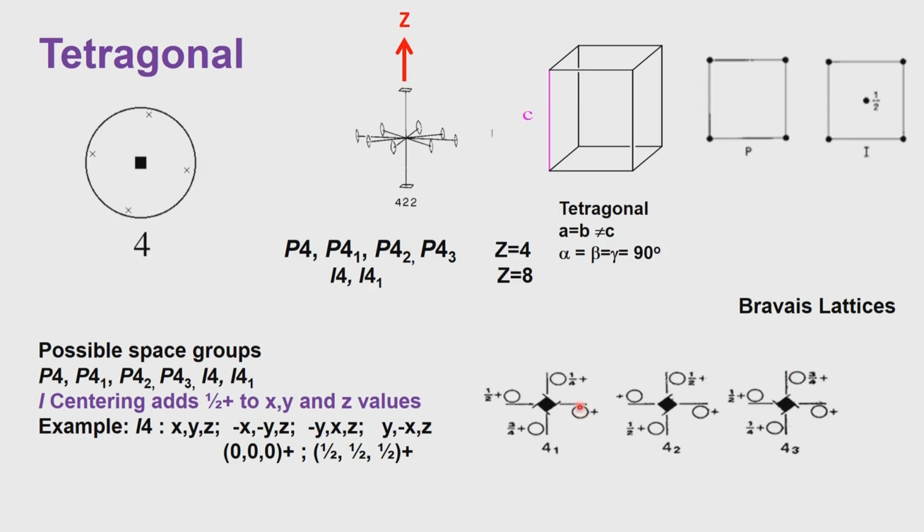If you now look at the 4 3 rotation, it is this way, the left handed rotation, and in this particular case it is the other way around. This is the anti-clockwise and this is the clockwise rotation. So, 4 1 is anti-clockwise, 4 3 is clockwise rotation, and that is also illustrated by this combination here. 4 2 automatically generates only the half point. So, there is no distinction between one direction and the other.